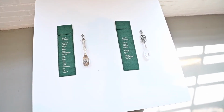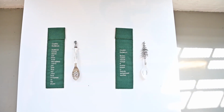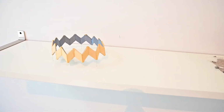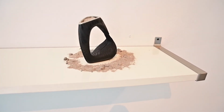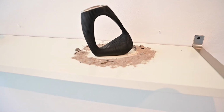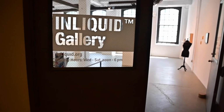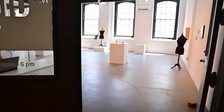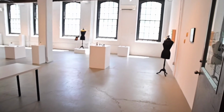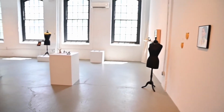In jurying Goldsmith 70, both jurors Stanley Letchin and John Pripp expressed disappointment that there weren't more submissions that explored alternative materials. In the 50 years since, we have seen the field of metalsmithing and jewelry fully embrace alternative materials, and now work is just as likely to be made from beeswax, polymer clay, or 3D printed materials as from silver or gold. Highlighting the dream of Letchin and Pripp in Goldsmith 20 are